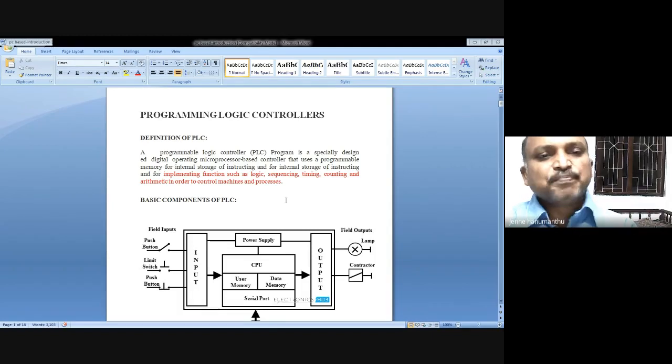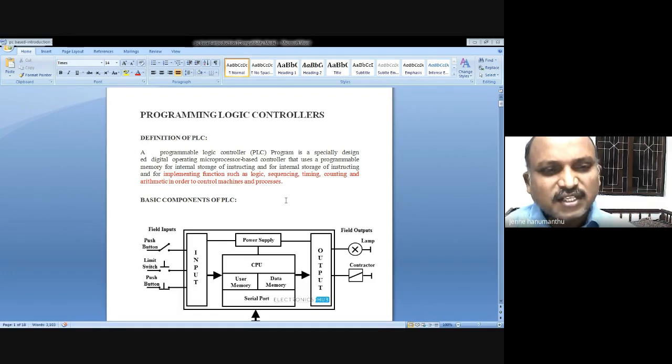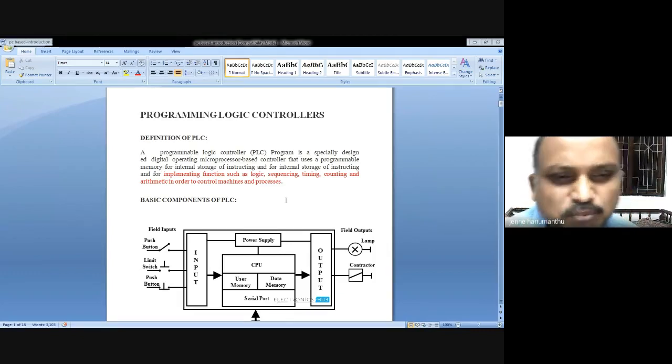That means with these PLCs, of course, in your class there are some students available, maybe lateral entry students, I think these are covered in the diploma level. Or if you take any course on these PLCs outside, there are some courses available for this. Practically you can observe all these PLC concepts. So remember